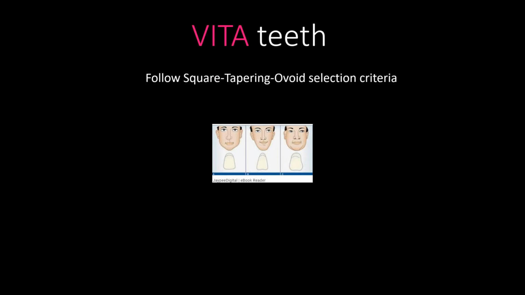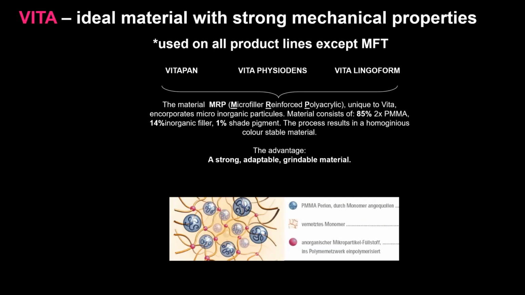If you're not using them, they do follow the square, tapering, ovoid selection criteria, and that's through their Excel lines and through VitaPen Plus and PhysioDens. That's fairly standard. They are made as an acrylic glass tooth. So they're 85% polymethyl methacrylate, 14% inorganic filler, which is silica, which by definition is quartz, which by definition is